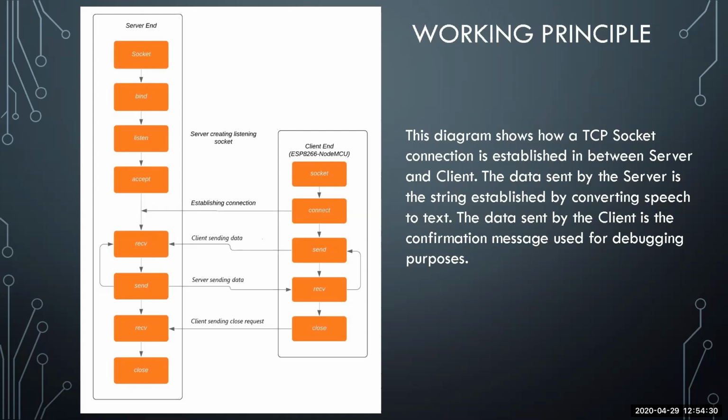The client, on the other hand, receives the stream of bytes which was sent by the server. It converts that stream of bytes back to the string of characters, and based on what the character string says, the client will perform appropriate actions. For example, if it says turn on light, the client will turn on the light. Or in case an invalid command is sent, the client will send back a response saying that an invalid command was sent, and the server will send the command again.